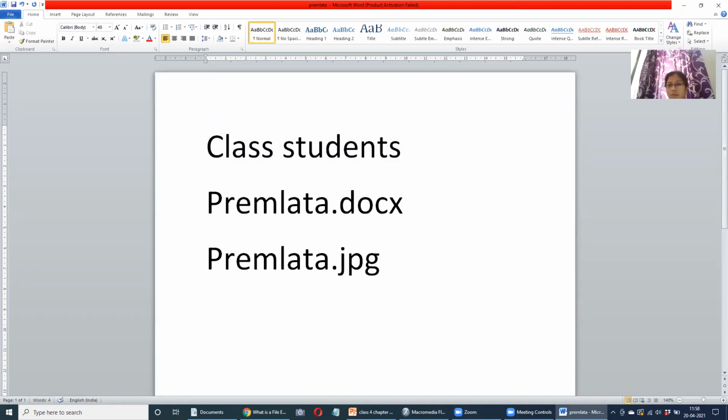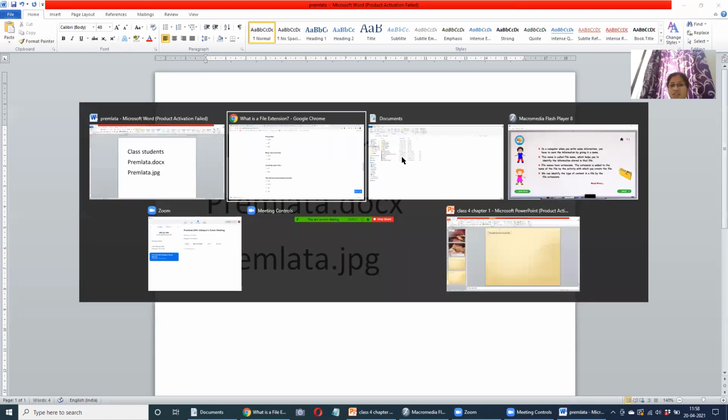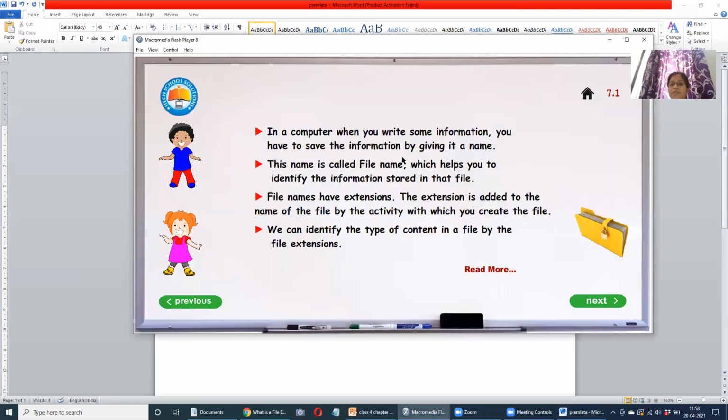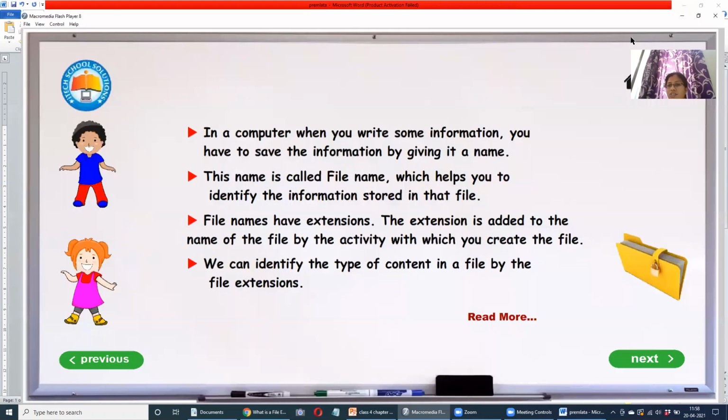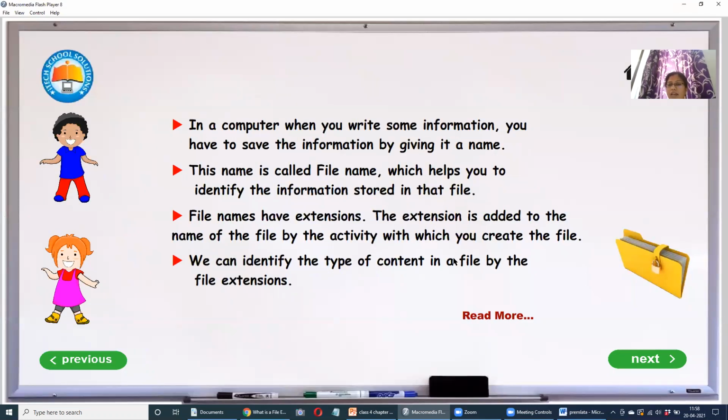Yes, likewise, whatever you are seeing, .jpg, .docx, what are these? Anything written with a dot and following with some alphabets, that is the extension. That is the extension. Looking at the extension only, we understand that this file contains what information.